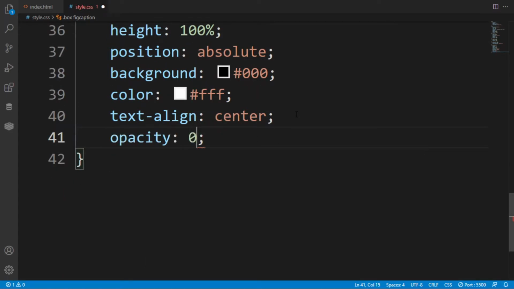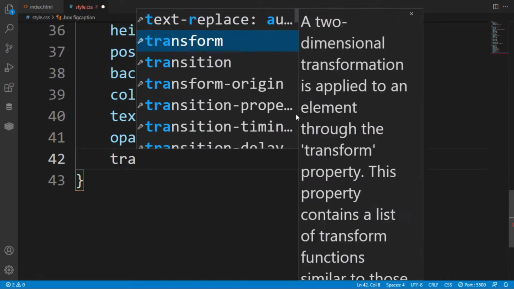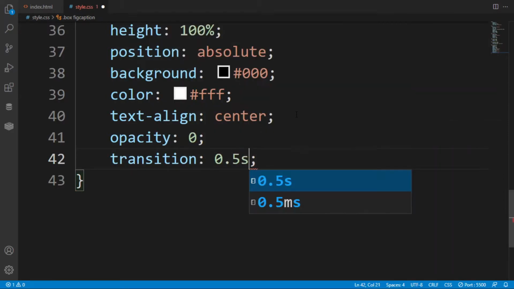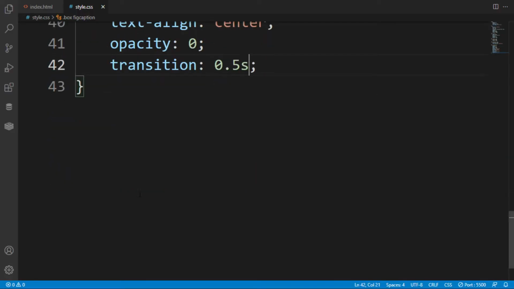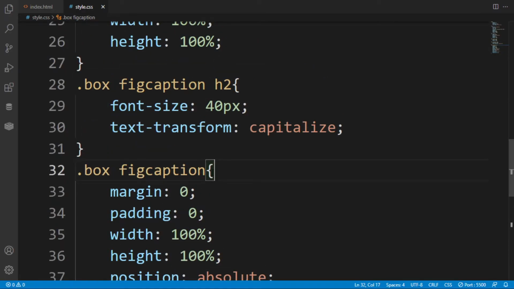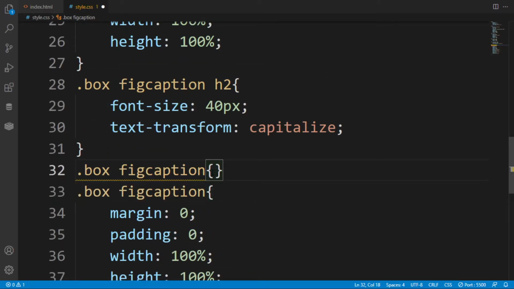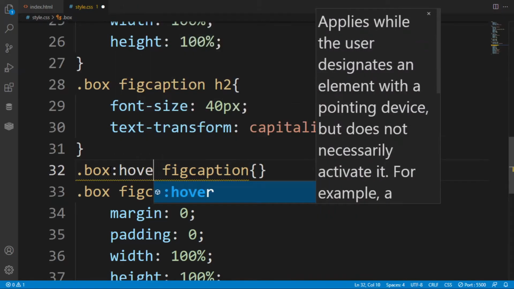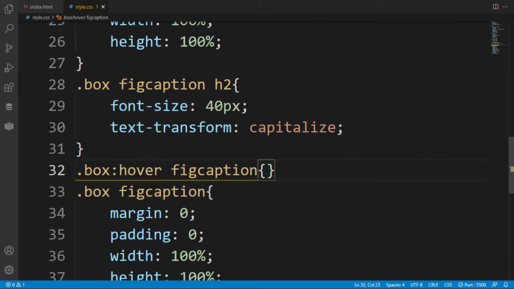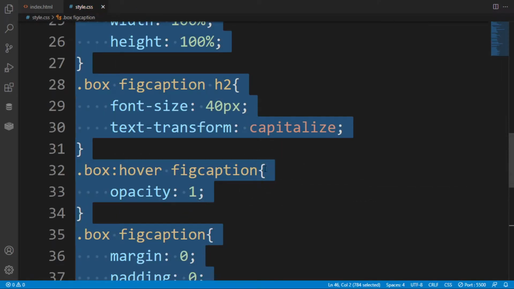Now here opacity is 0, so that it will be hidden. Now putting the transition of 0.5 seconds. So when I hover over this, I want to create a hover effect. As you can see, when I hover the box, this figcaption has an opacity of 1.